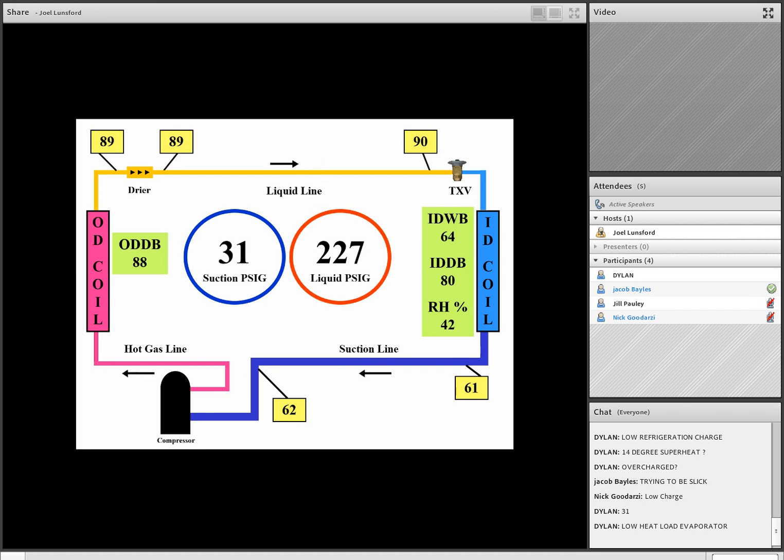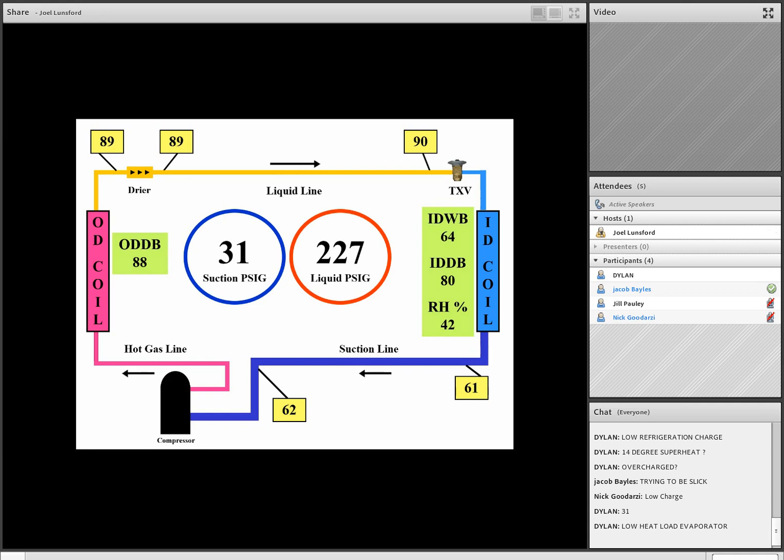What's the pressure temperature conversion at 31 pounds of pressure for R22? 9. Okay, about 9. And we see the actual temperature of the suction line itself is 61 degrees, so we have very, very high superheat. We've got 48 degrees of superheat, something like that. So the superheat is high, suction pressure is low,